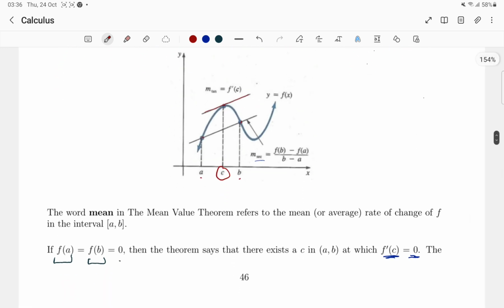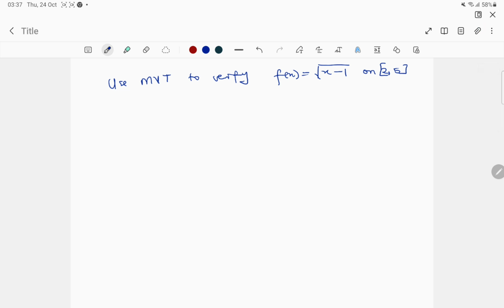Okay, so just for clarity's sake, we are going to consider an example which verifies the mean value theorem. We're going to use the mean value theorem to verify f of x, which is equal to square root of x minus 1 on [2, 5]. To verify the mean value theorem, we were given our f of x, which is square root of x minus 1. Right, so the first thing we need to do is